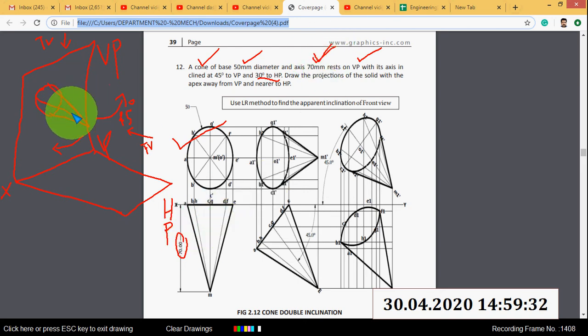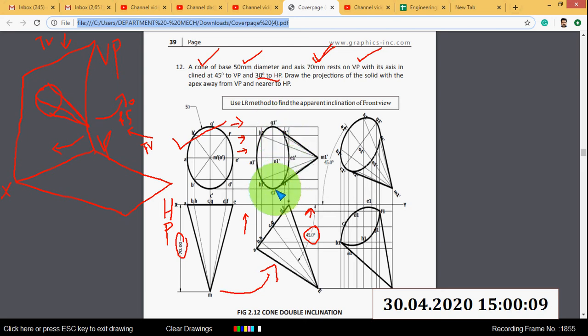Then the next step is you have to tilt this object either to the right side or the left side. You can tilt it on both sides. Here I am tilting this object to the right side such that the inclination with the VP is 45 degrees. Then project this top view, and project the front view from here to here. You will get points. Then join all the outer points. Then draw the visible areas using dark lines and invisible areas using dotted lines.